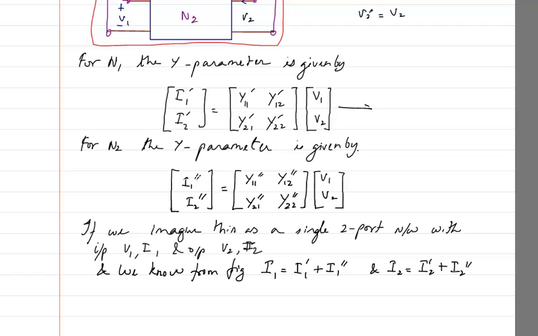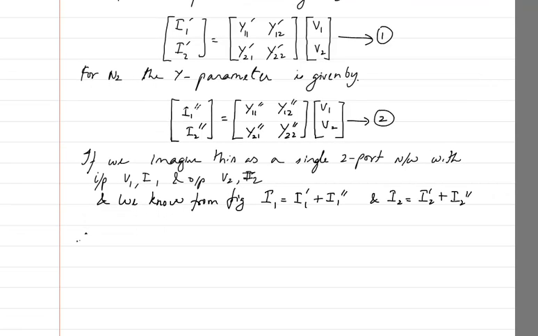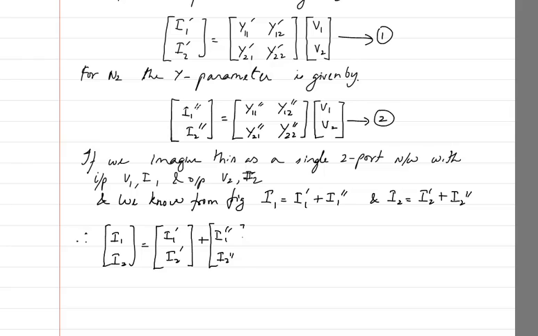So where is I1 dash and I2 dash? In this equation number 1, and this is going to be equation number 2 where I have I1 double dash. Therefore, I can say that I1, I2, if I want to find out, that will be basically adding up I1 dash, I2 dash plus I1 double dash, I2 double dash. Correct? Why? Because